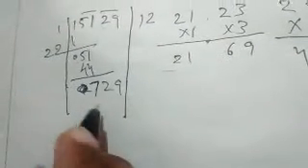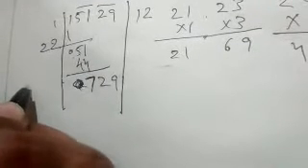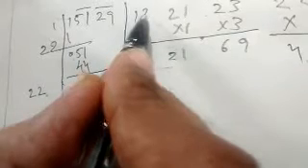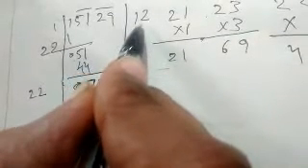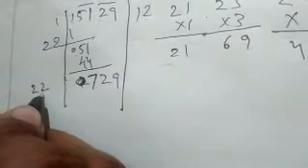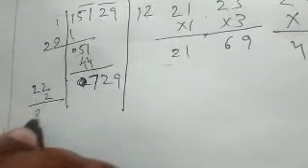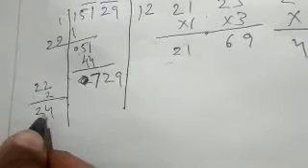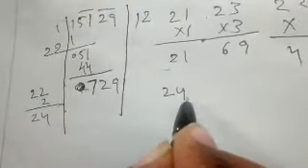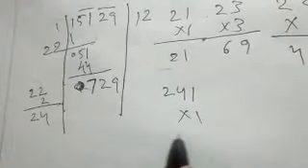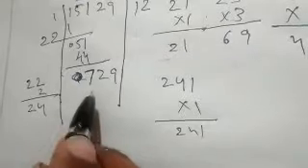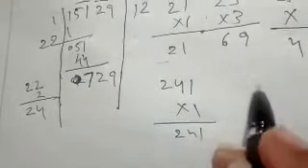Now what is the previous number here? 22. Just take 22. What is the last remainder here? What is the last remainder? 2, right? What is the last remainder? 2. So 22 plus 2, 24. Right? Now whatever number we are going to take, 24, 241 into 1. We are going to do the 241 table one time, 241. So there is a 729 number, right? We will go with the bigger number.